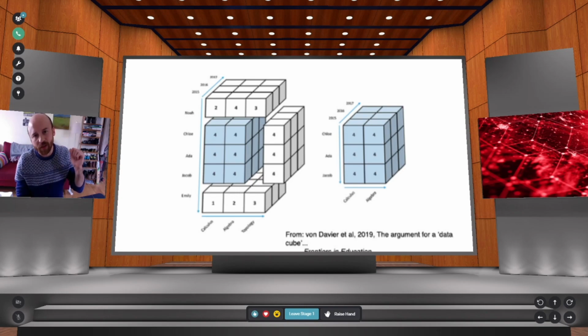Here we're looking at the year of the test, the name of the individual, and the topic being tested. The object on the left is the big database, if you like, and the extract on the right is what they've extracted in terms of data of interest. Each cell, each block, is a data point. They refer to this kind of operation as slicing and dicing. In the article, they also talk about drilling and pivoting.